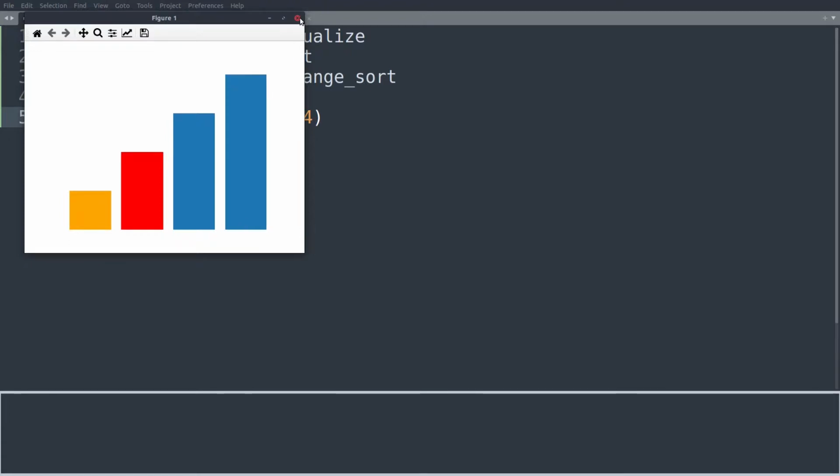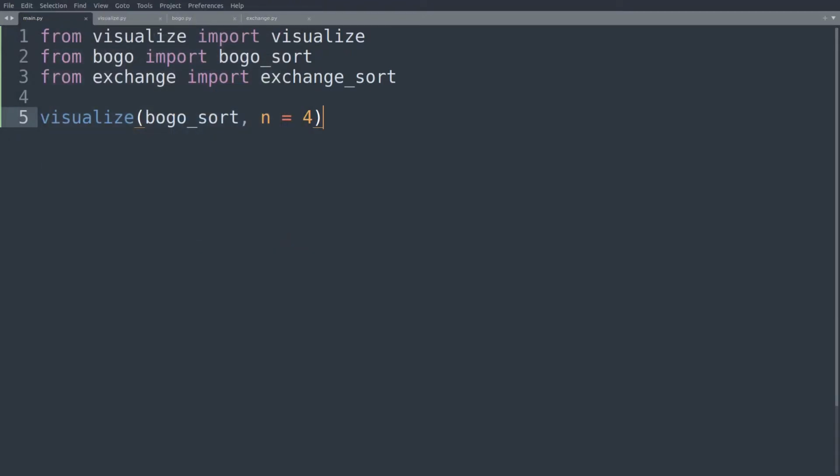Okay, this is it for this video, I guess. I hope you enjoyed this. We are now ready to use Matplotlib to visualize virtually any sorting algorithm that we want. Now I'm just going to go through a new sorting algorithm in each video. But of course, at some point, once I completed this first section on the very simple sorting algorithms, before we advance to the, I'm not going to say sophisticated ones, I'm just going to say better ones because they're faster, we'll use